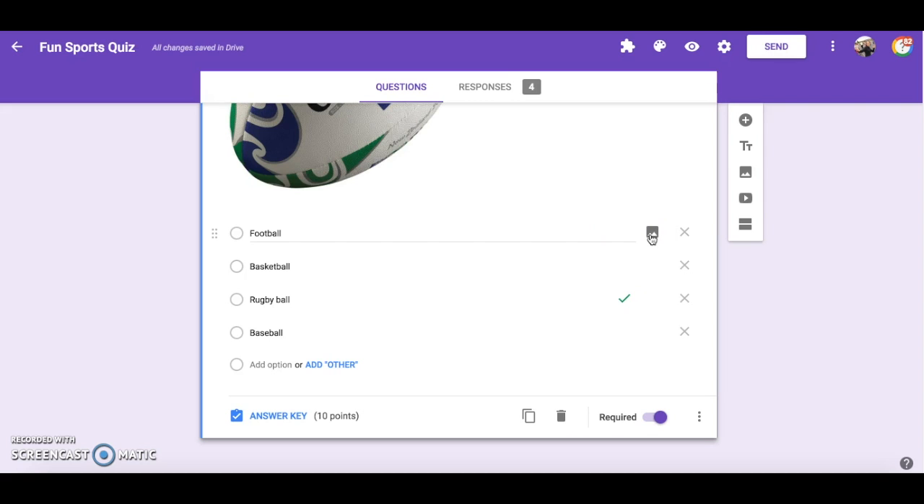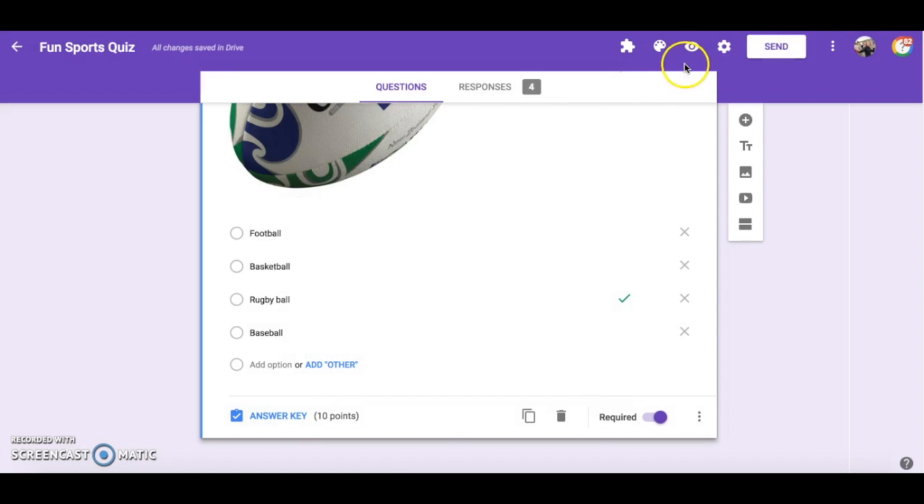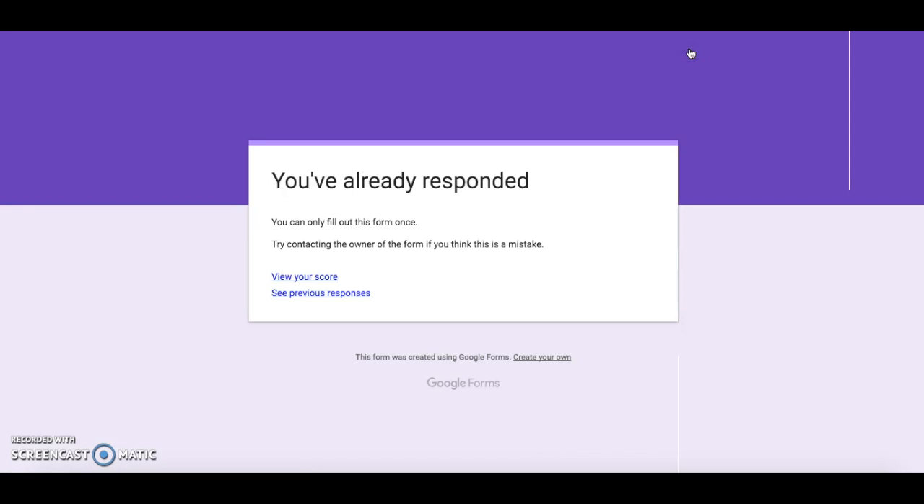Now when you are ready to send your quiz, click on the Send button and send out your form as you would like. Now, let's preview this quiz to show you what it looks like when a student takes the quiz. Click on the eyeball to preview your quiz,